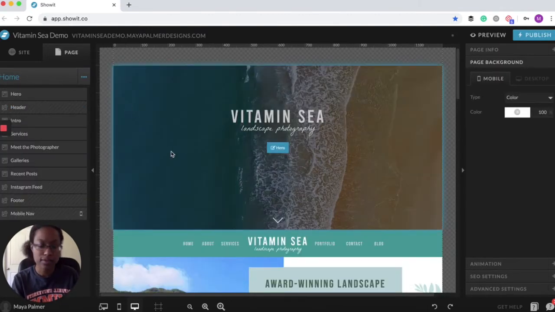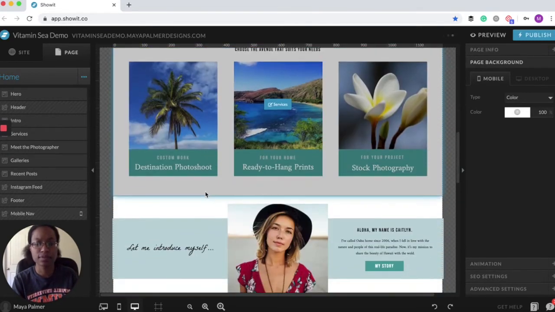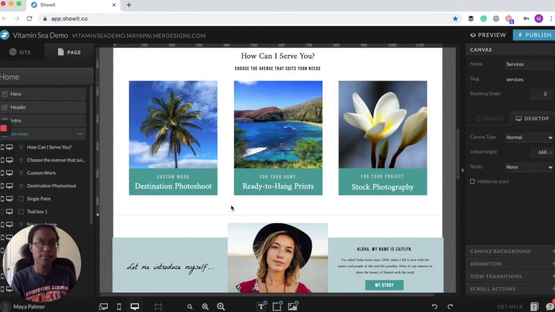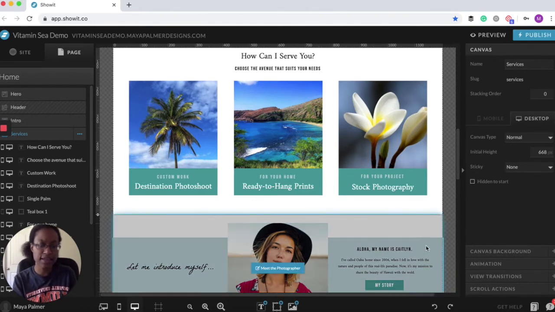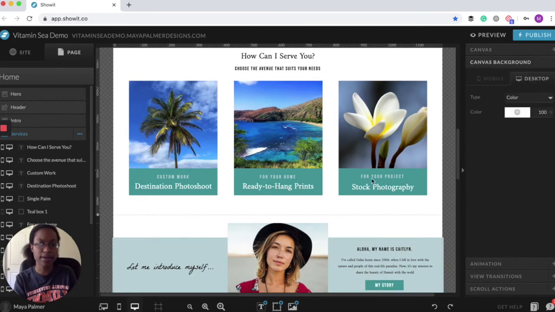Alright, let's go back to the home page. Let's try changing a canvas color. So let's use the services canvas again. The background color is currently white, but if I wanted to change it to this nice light aqua color that you'll see in the canvas below it, all I'll do is come over here and click the canvas background button after I had already selected the service canvas, and it says the background type is a color. There's also an image to make it an image or a video background, but we want to keep